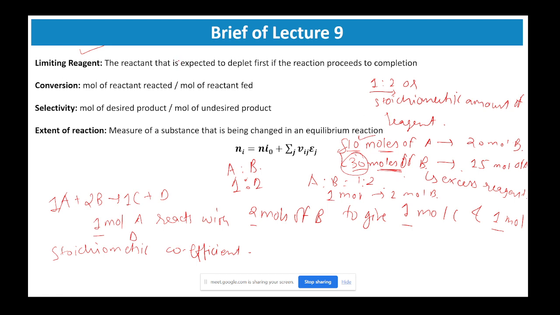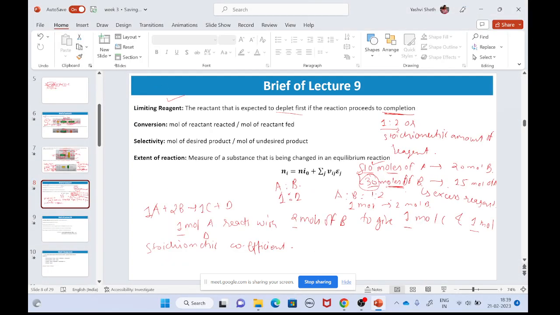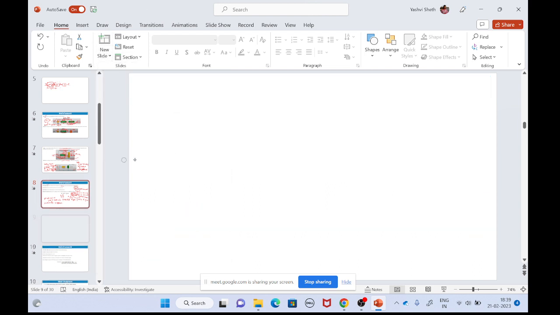So the limiting reagent is the reagent which is expected to deplete or be consumed first in the reaction if it is allowed to go to completion. Completion is a mandatory term here. Now there are a few definitions that have to be looked at. Those definitions are conversion of the system. So conversion is nothing but